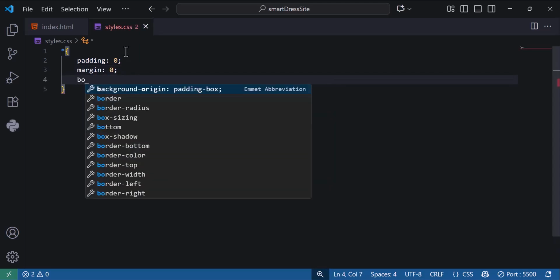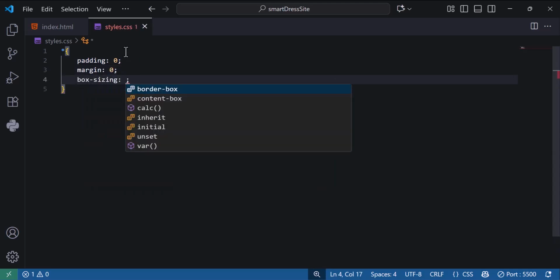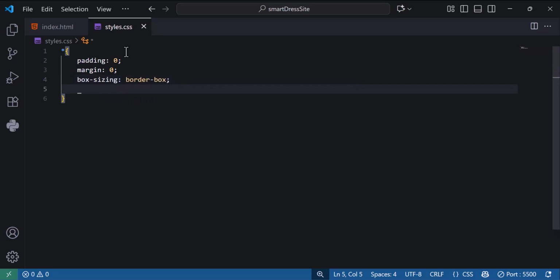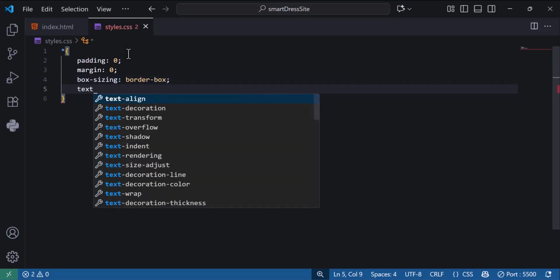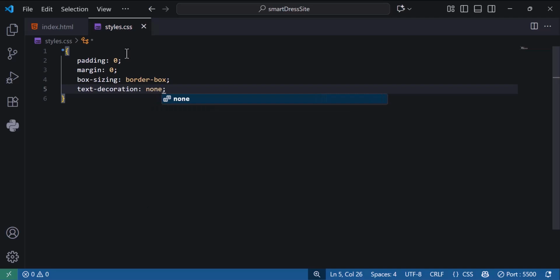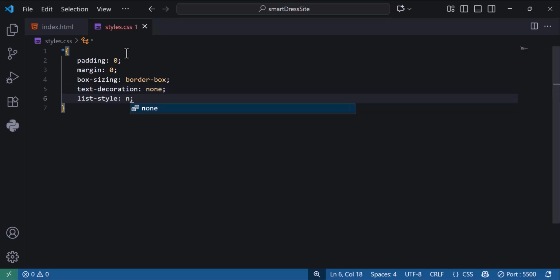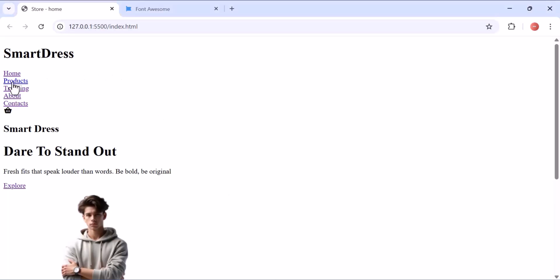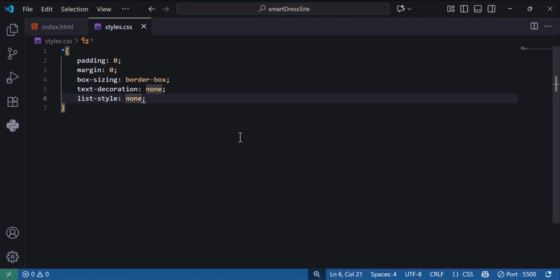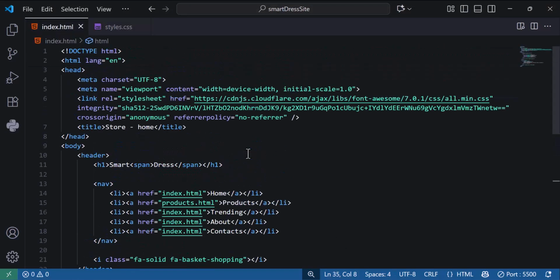0, and then box dash sizing, I'll say border box, and I'll say text decoration none, and also list style none, as simple as that. So text decoration just removes the underlines under my links, and list style also removes the disk, those little small round shaped discs. So you might be wondering why isn't our CSS working, but it's because we haven't linked it